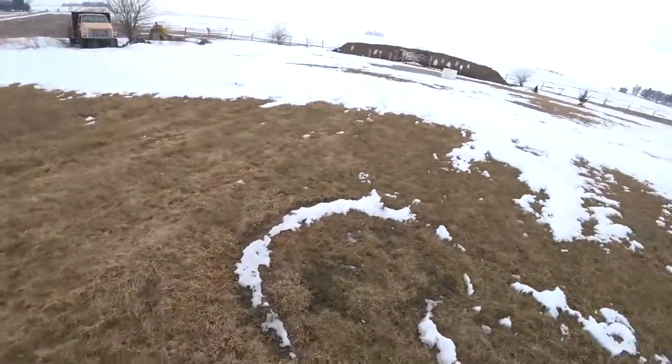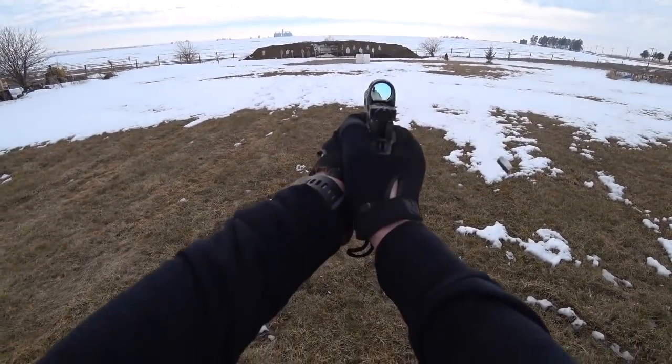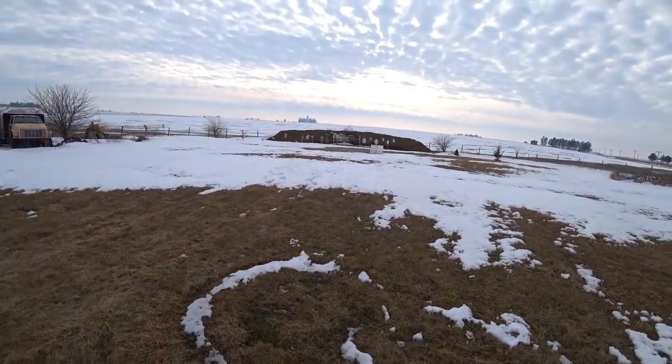Atlas Athena is designed for one thing and one thing only, to be the fastest and most accurate 9mm platform on the market, and I feel like they've succeeded. I don't believe I've shot a better gun ever in my life. The Athena is similar to a gun that I own, which is the Hyperion, but it just simply has an